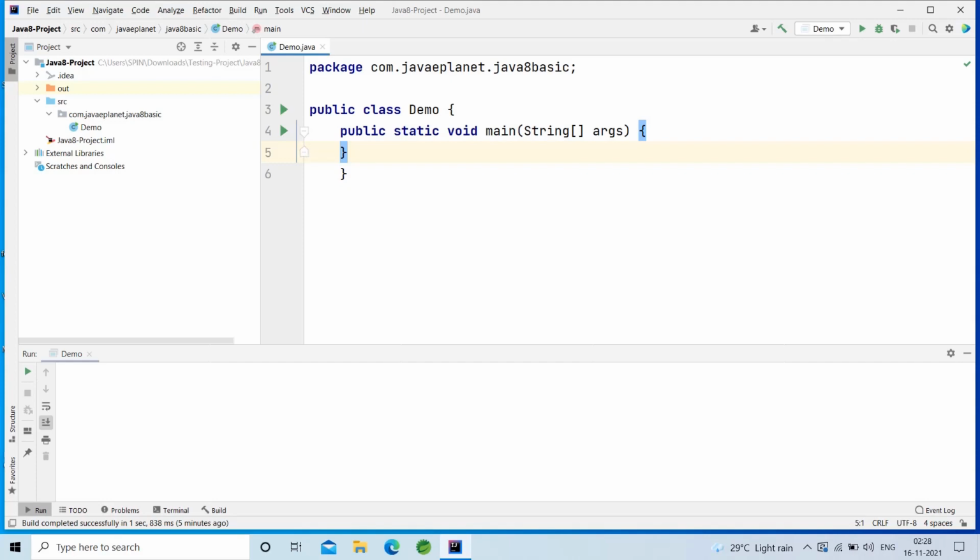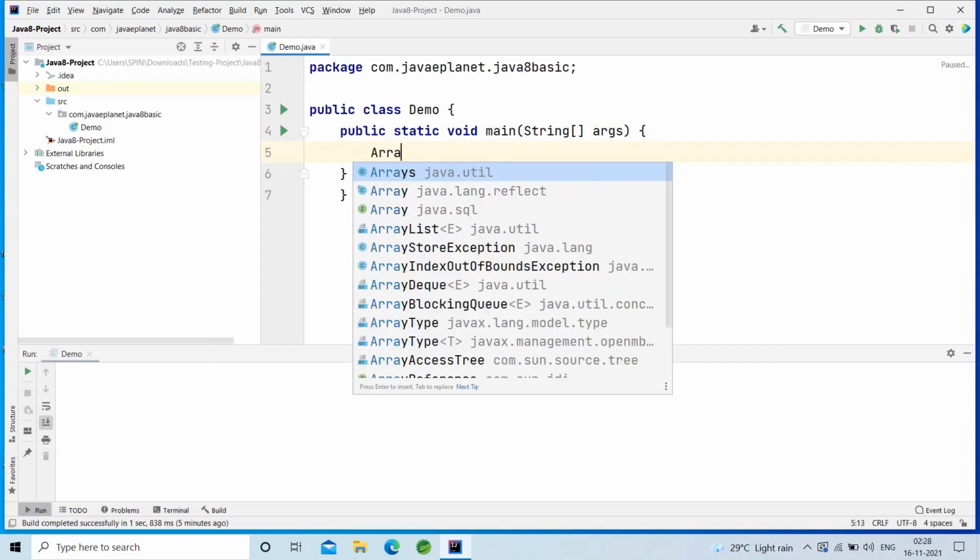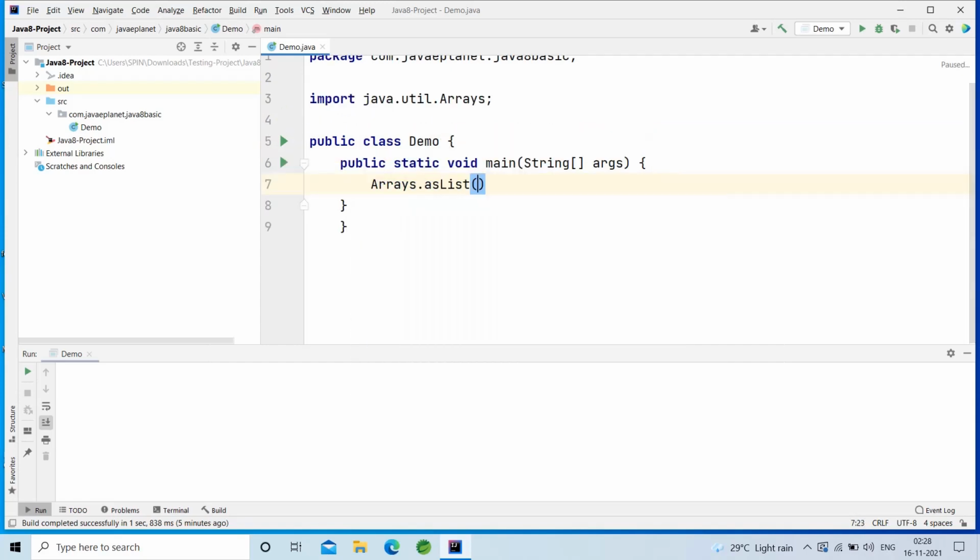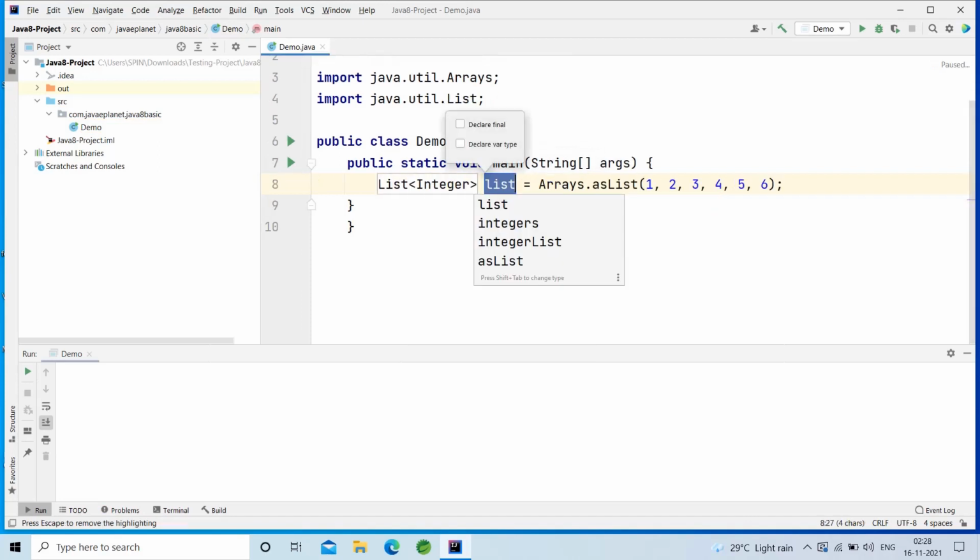Hello everyone, welcome back. In this video, I want to discuss a simple example on Stream API. Here, in this example, we will use an intermediate operation that returns a new stream called the map function. See here, I am taking Arrays.asList 1, 2, 3, 4, 5, 6. Press Alt Enter. Introduce the local variable